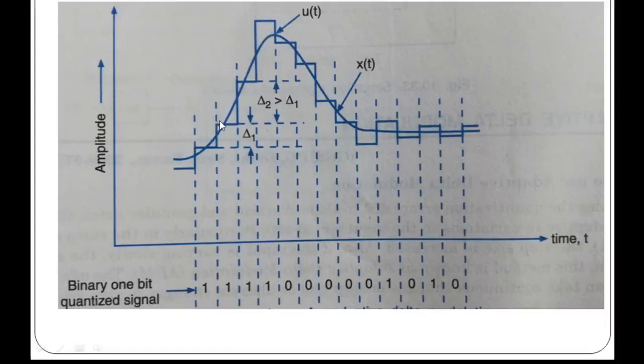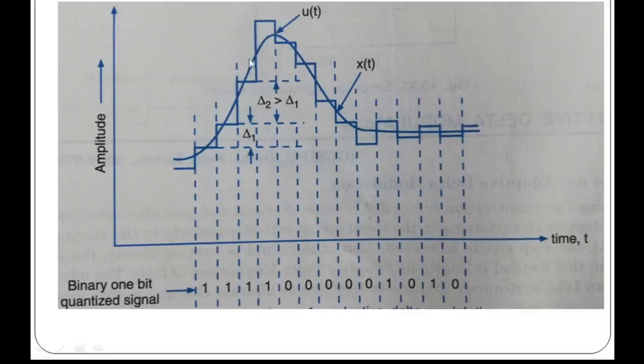In the earlier case, in delta modulation, this step size was fixed. Here the step size is varying according to the slope of the signal. Once again it will be compared at this point. Here x(t) minus u(t) is positive, hence once again the step size is increased, and this delta 3 is greater than delta 2. So this way